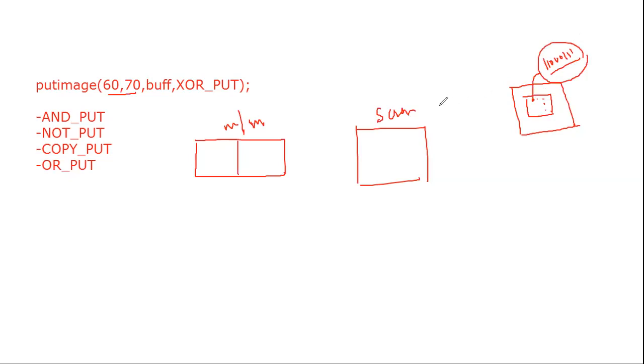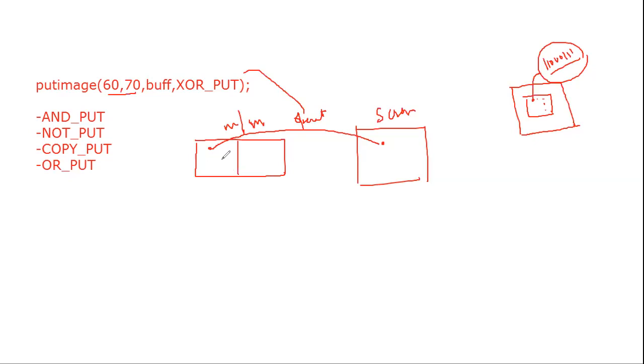So the operation will be performed between the pixel available on the screen at that location and the pixel available inside the memory. Between these two pixel values the operation will be performed. The operation can be XOR put, AND put, NOT put, copy put. Let's say you have the picture in memory, available forever.